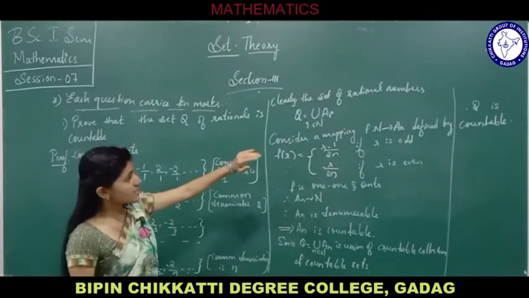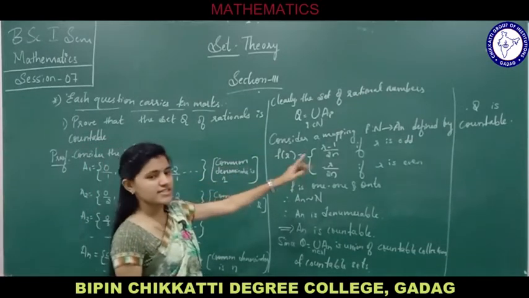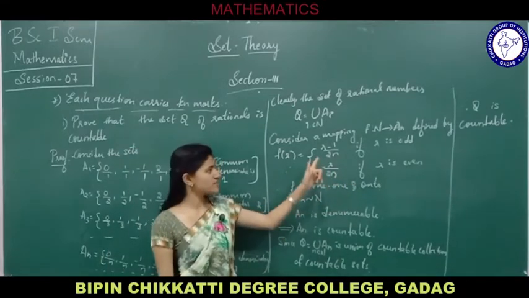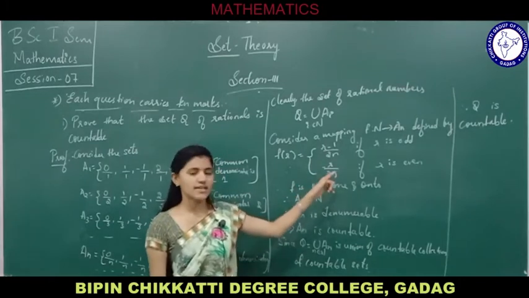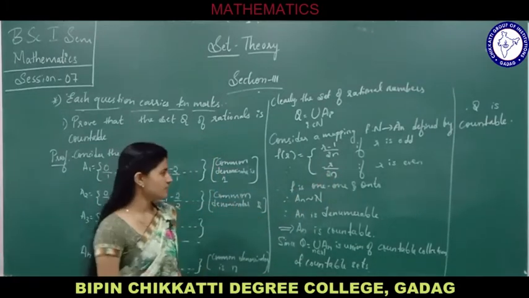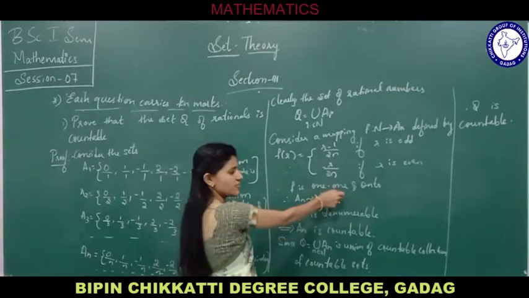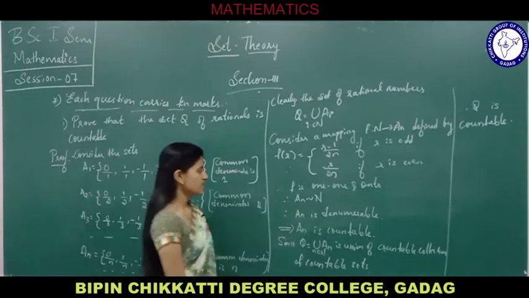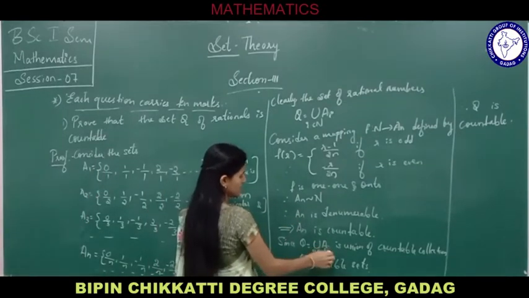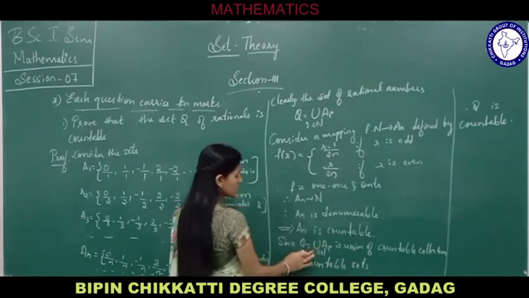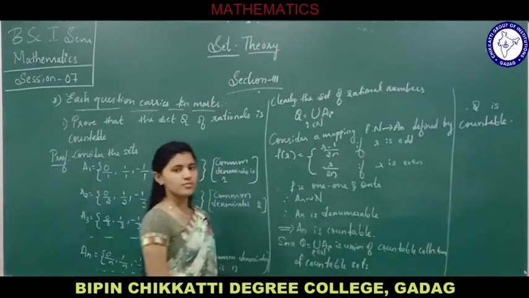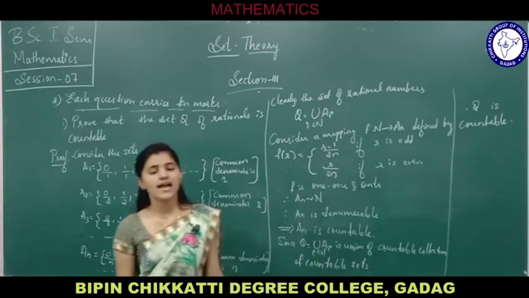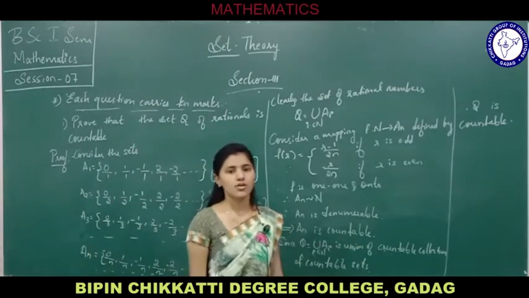Once it is so, we define a function f from N to An in such a way that (r minus 1) by 2n if r is odd and minus r by 2n if r is even. Then this function f is both one-one and onto. It implies it is equivalent to N. Therefore, An is denumerable. If so, Q, which is the union of Ai where i belongs to the set of natural numbers, is again a countable collection of countable sets. Hence, we proved that Q is countable.